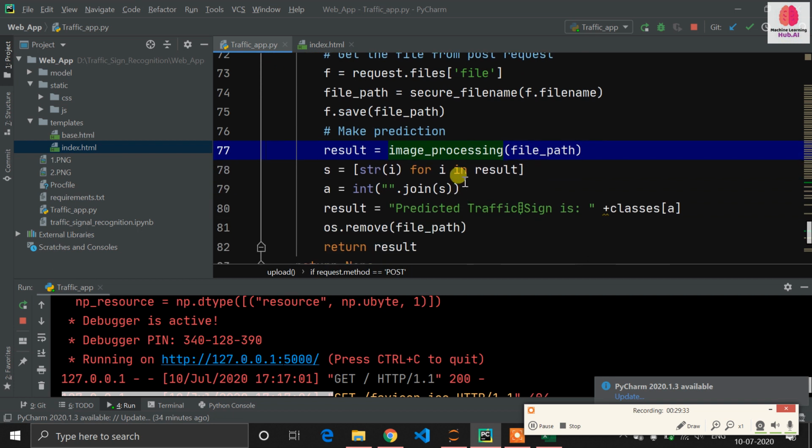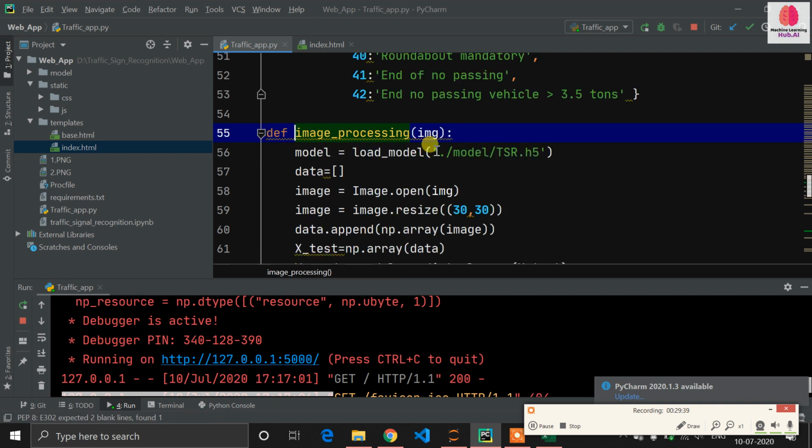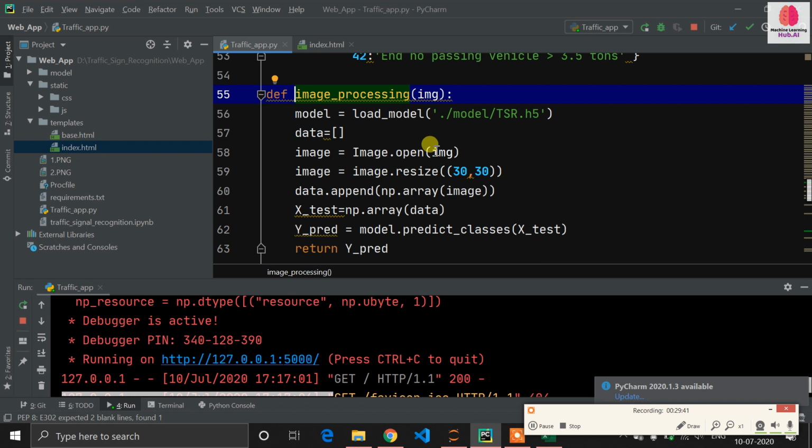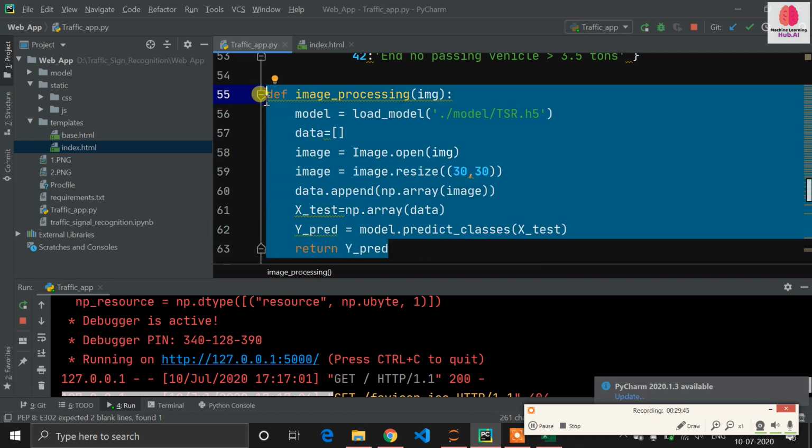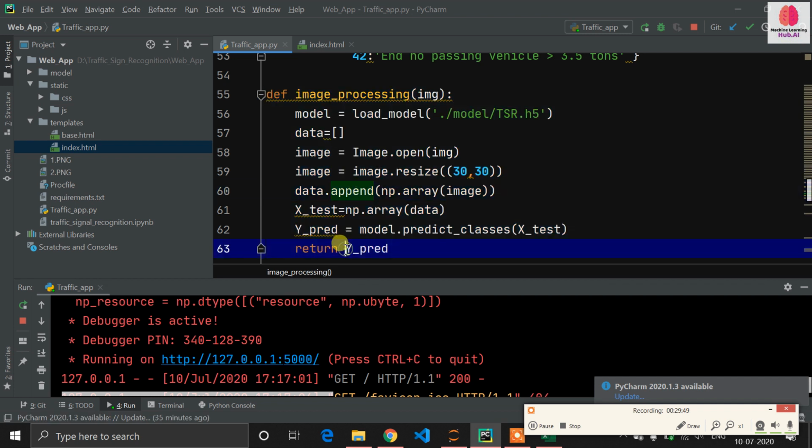So now the procedure is once again the same. We have downloaded the image which is uploaded by the user. So this is the function which we have written for the prediction. It is the same as our testing which we have done in the Jupyter notebook. Just we are not returning the matplotlib plot, because I don't want to plot the image into matplotlib, so I am just returning my variable here.